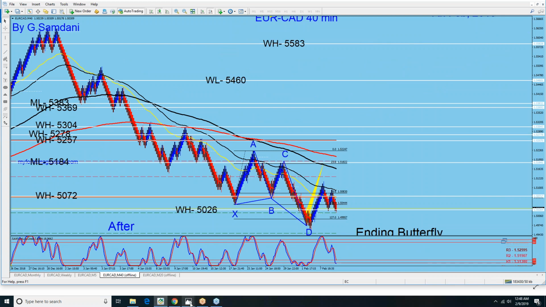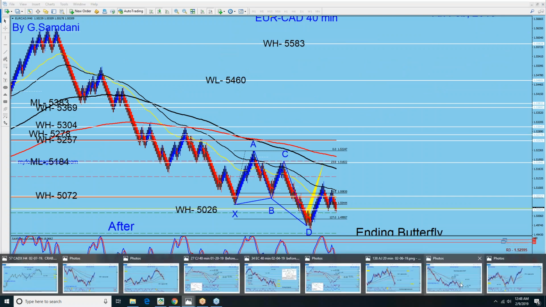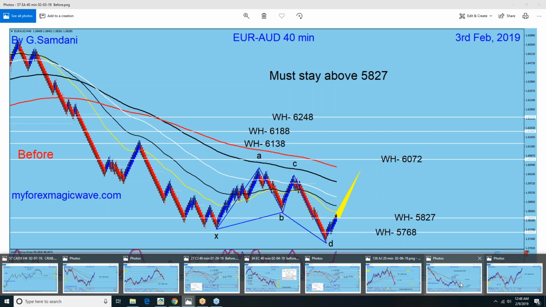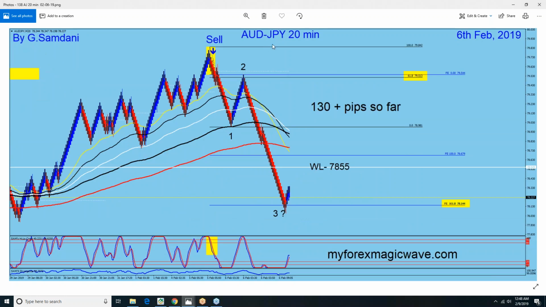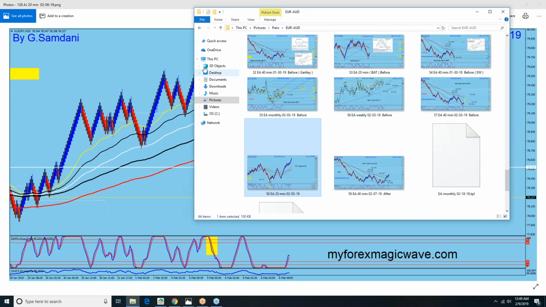Similarly, look here. Euro Aussie, yeah, forget about that. I'm going to show you Aussie yen. Very interesting. I was expecting Aussie yen short. You can see on that video I was talking about Aussie dollar getting weaker. Let me show you quickly where it is,